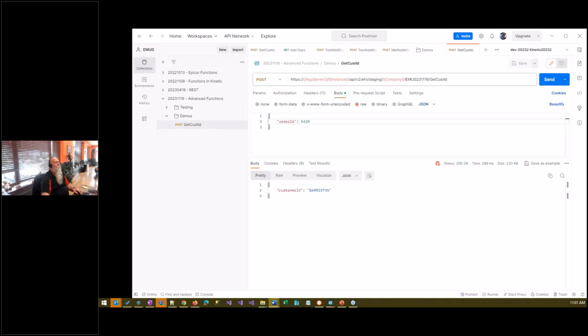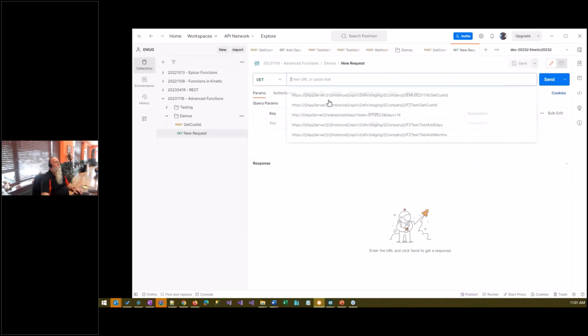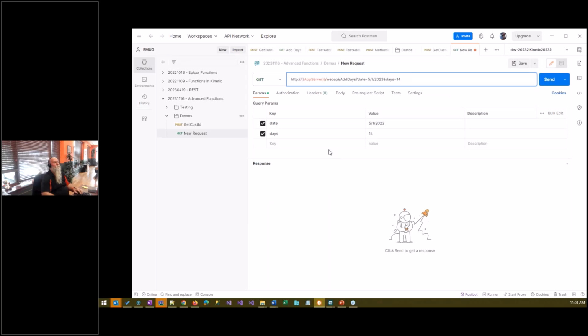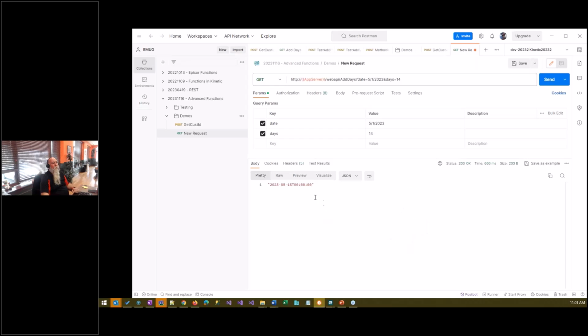Hopefully I've got this highlighted. And I'm going to add a request. And this one's going to be a GET request. So I just created on my app server a directory called Web API that has a method called add days to it. It takes a date and a number of days. And if I send that, it just goes out and adds 14 days to May 1st,